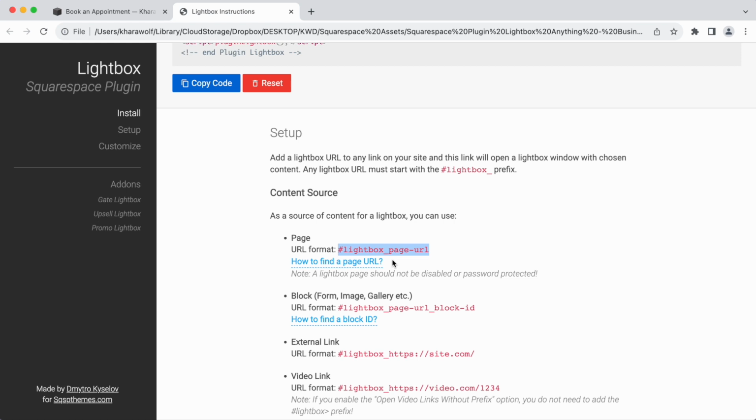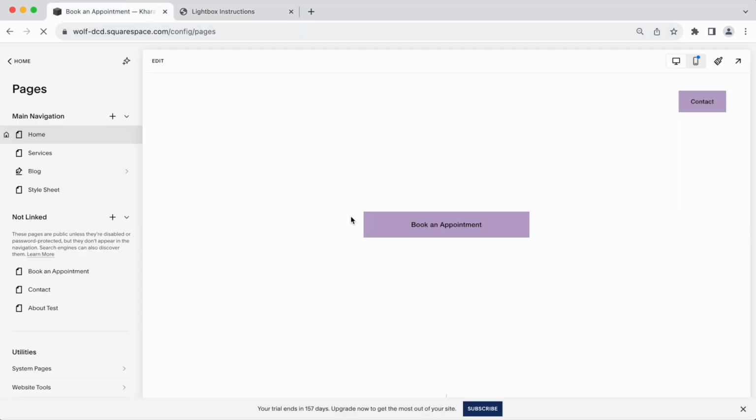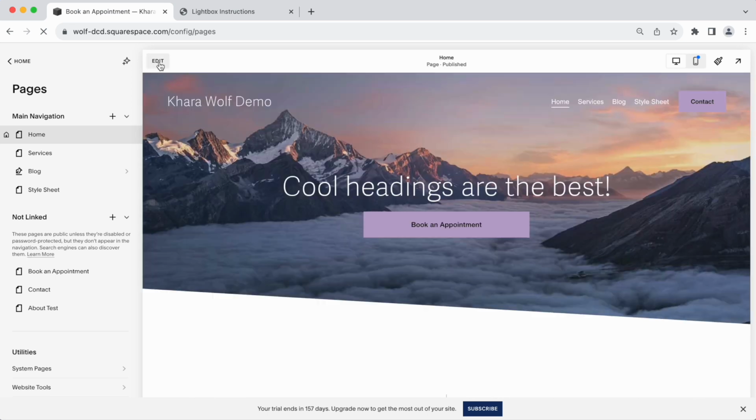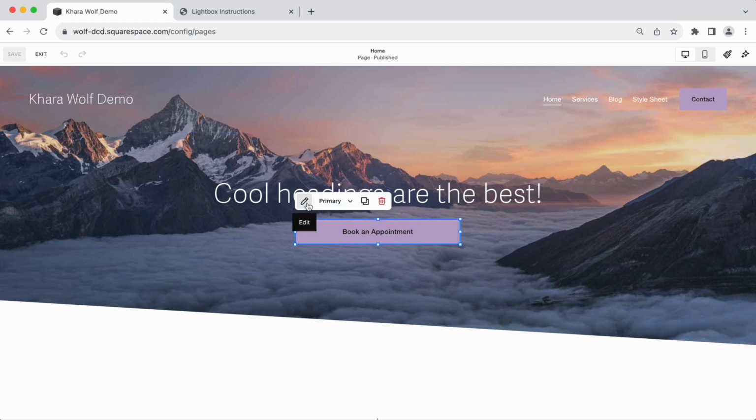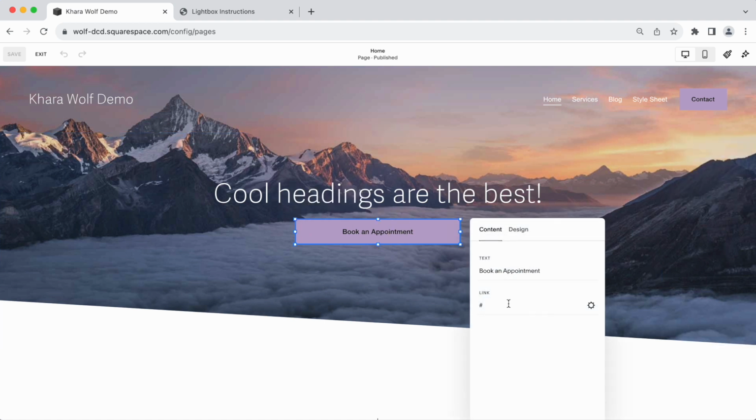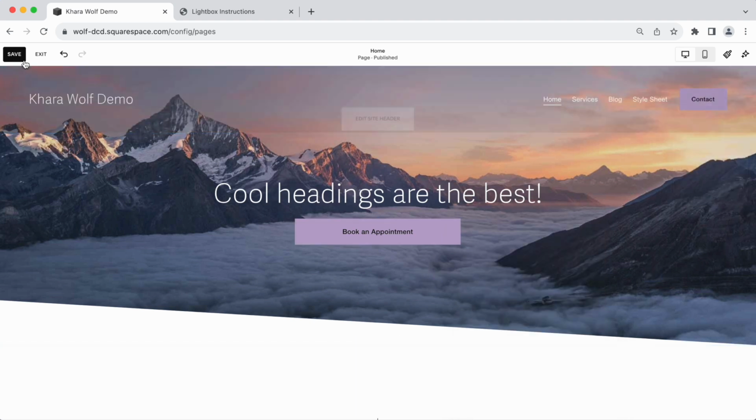Back to Lightbox instructions, I'm going to copy this red URL again. It's taking a minute to load, but I'm going to go ahead and do the edit button. Book an appointment. I'm going to click the little pencil icon and I'm going to put that URL where we'd normally have a link to a page, and I titled it, the URL for this page is book an appointment. Click out of that, save it,